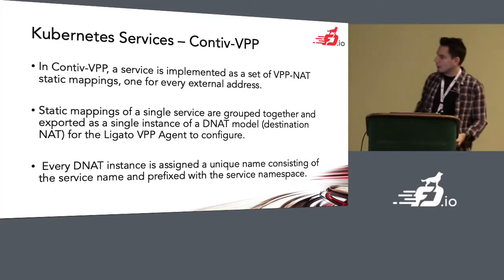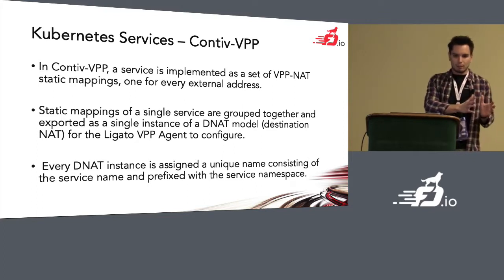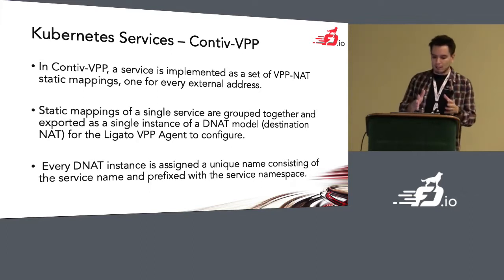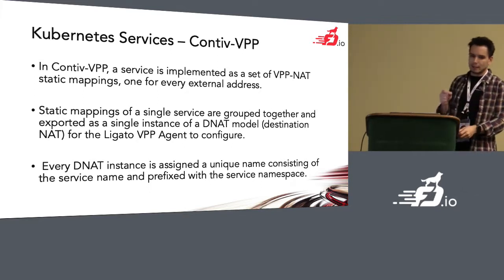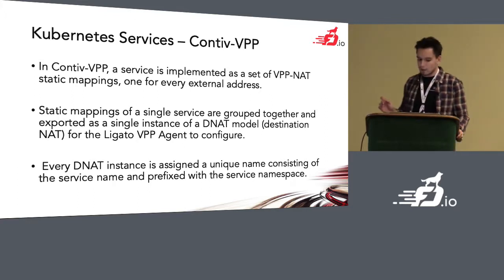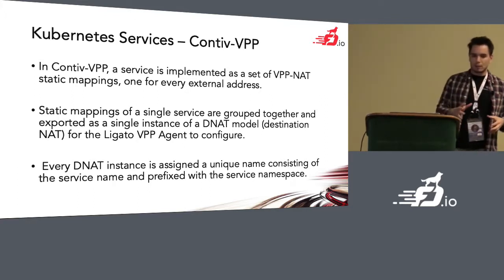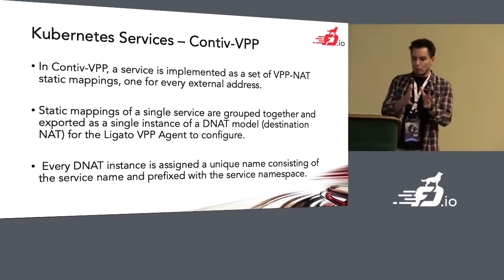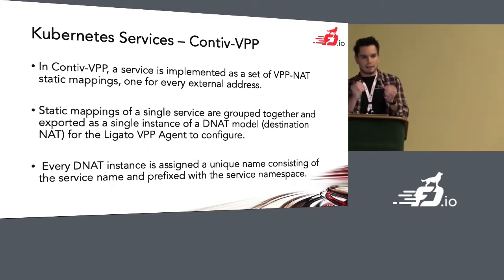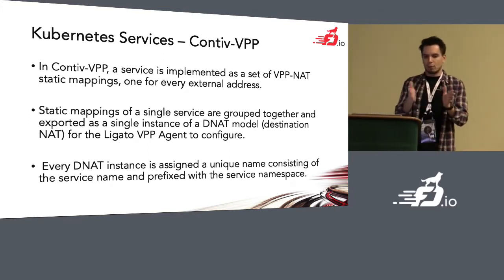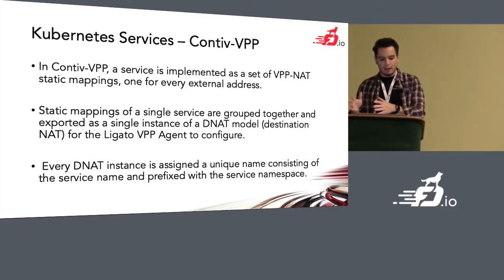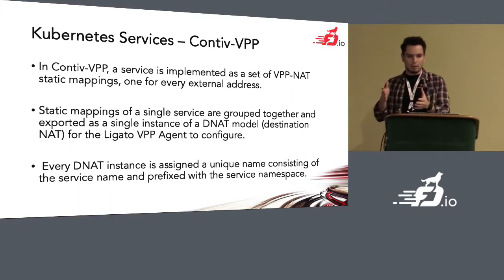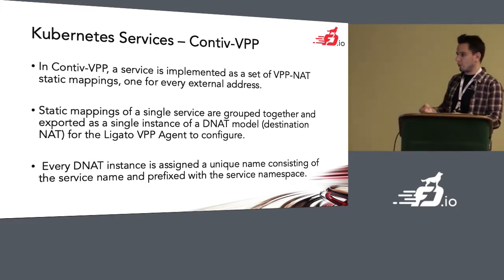So that was on the VPP side part. On the Contiv.VPP, which is the control plane, a service is implemented as a set of VPP-NAT static mappings, one for every external address. Static mappings of a single service are grouped together, and from that, we form a single instance of a DNAT model, which is a proto-model in the control plane's world. And that gets pushed to Legato, which is the control plane agent, and then through Legato, we configure VPP through